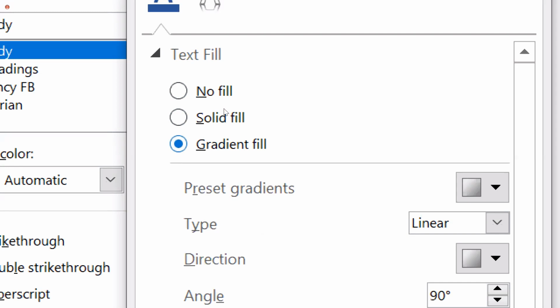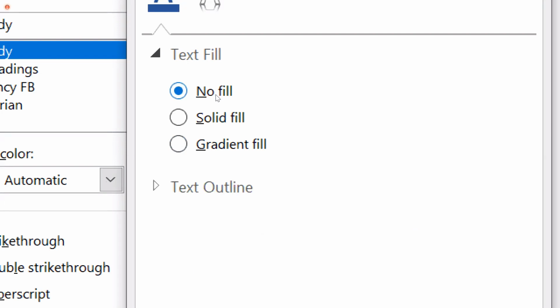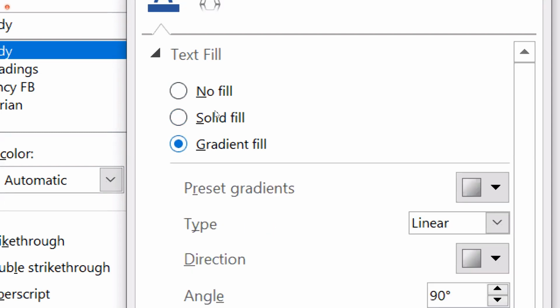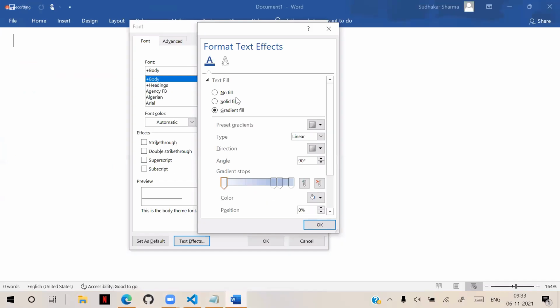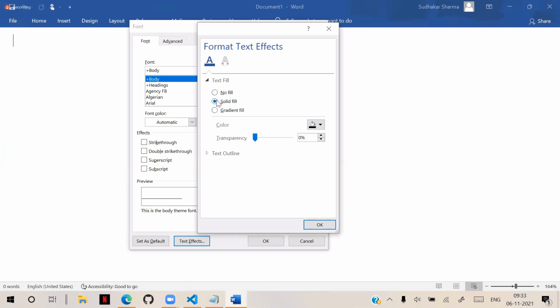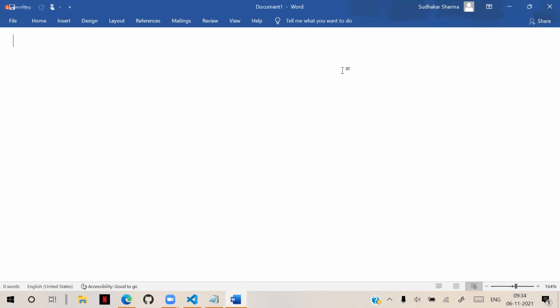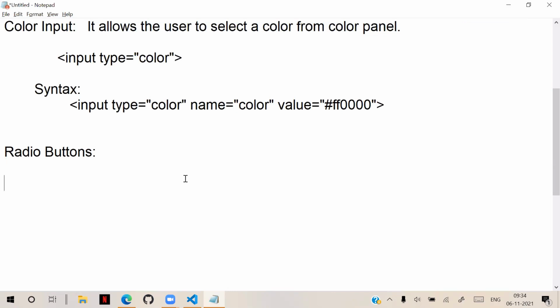By seeing this, the majority of people think that a radio button is used for selecting one option out of all. Actually, it is happening like that here. The radio button is selecting one option out of 3. It is allowing to select only one out of 3. This is the general definition any technical or non-technical person will give you. He will say it is used to select any one option. But actually, a radio button allows to select